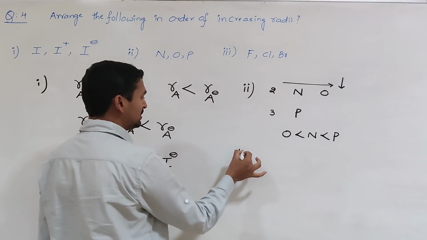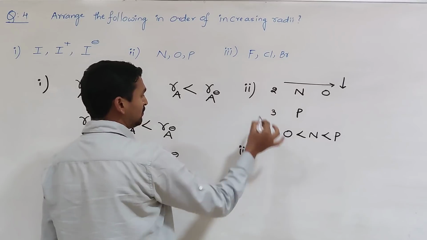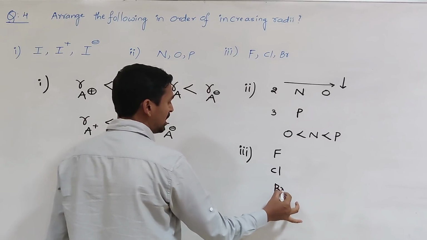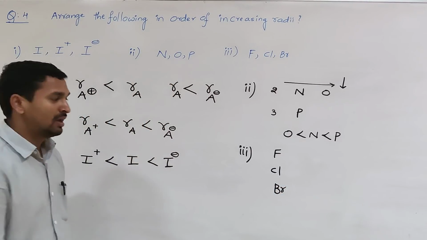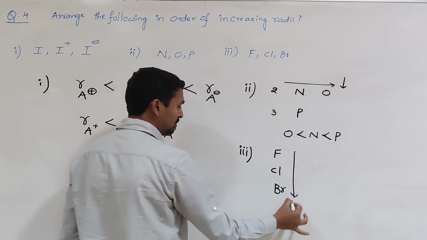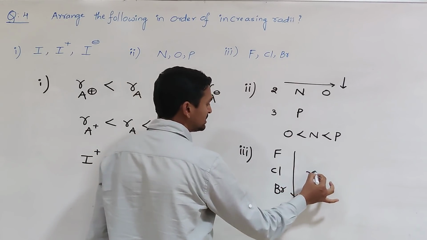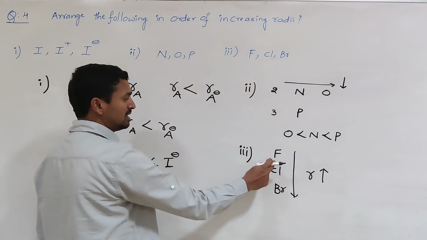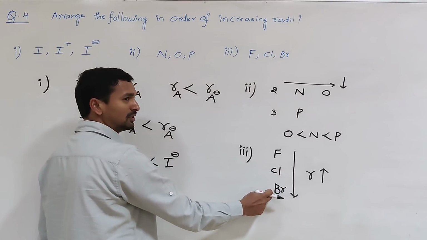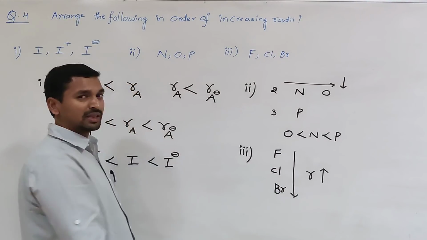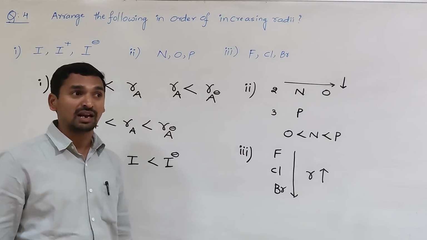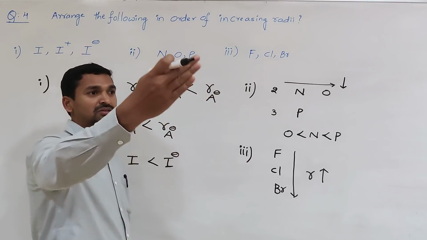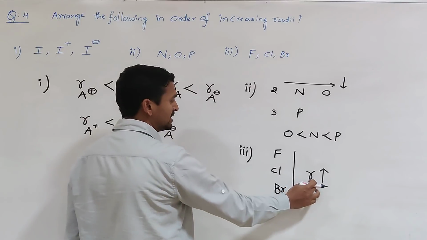And it comes to the third set that is given. What are they? Fluorine, chlorine, bromine. You know very well, fluorine, chlorine, bromine all belong to the same group. As we go down the group, the atomic radii increases because of the addition of a new principal shell. This belongs to the second, this to the third period, this to the fourth period. As we move from one period to another, the electron cloud increases, so the distance from the center of the nucleus to the outermost shell increases. That's why the radius increases.